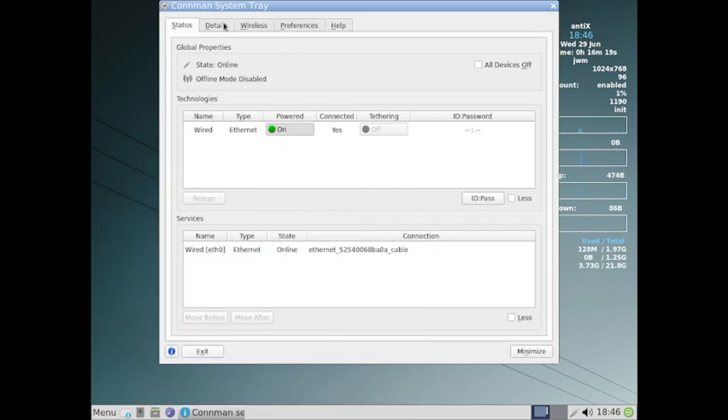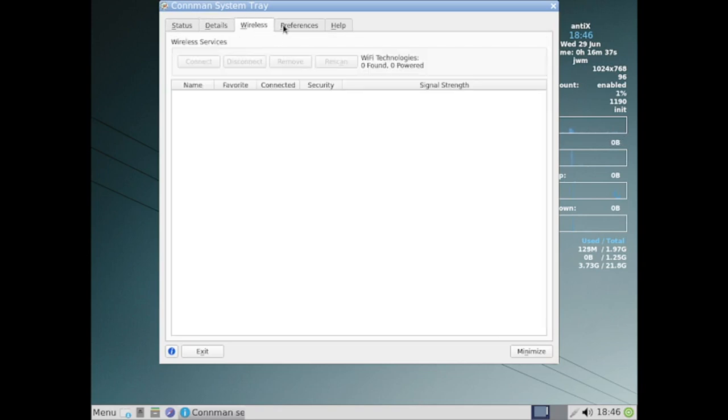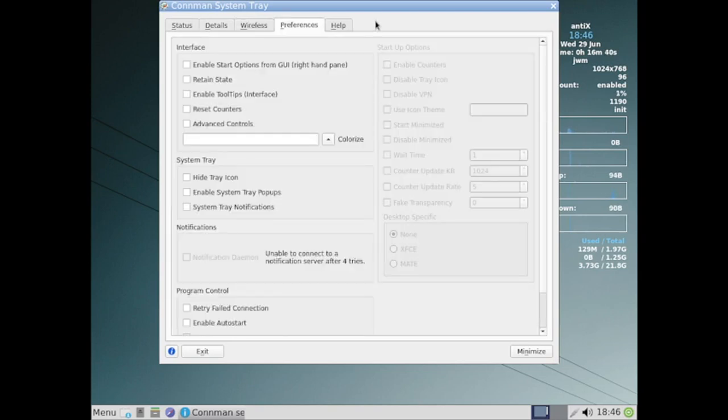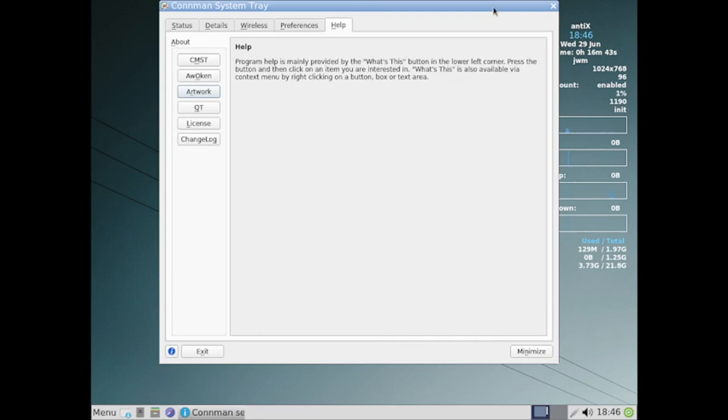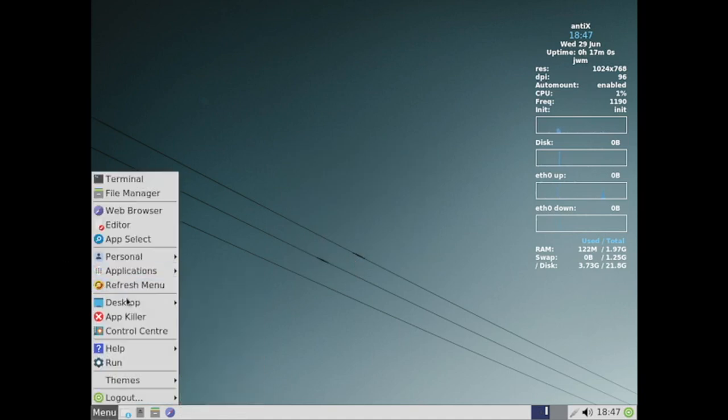Okay, but it has still opened up the Connman system tray now. So yes, now it is showing the wired Ethernet connection. So here you can configure it. The details are there. So I will not show it much because to maintain my privacy, the IP is very sensitive. Okay. The Connman, first it showed the internet connection is not available. Then it showed the connection, and now it is telling Connman should be now able to connect to your wireless access point. Okay, so it took some time for configuration. Now let us go ahead,